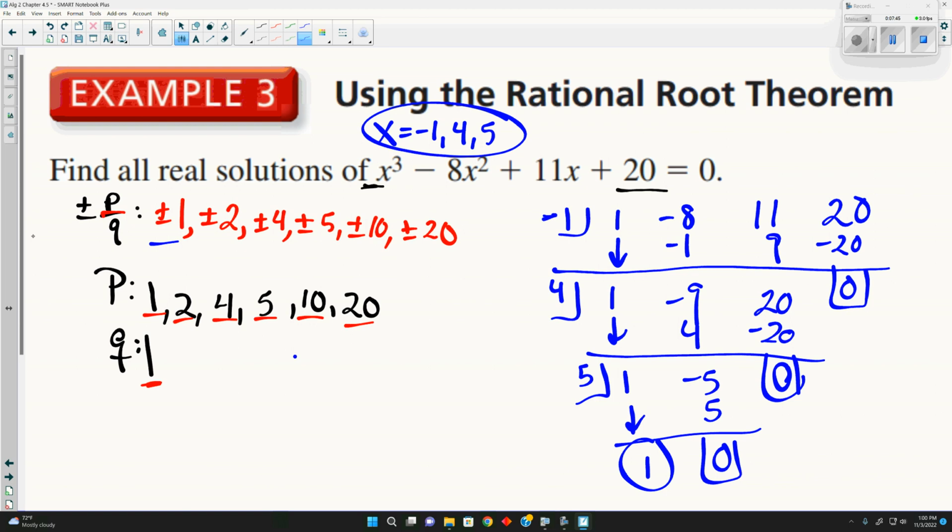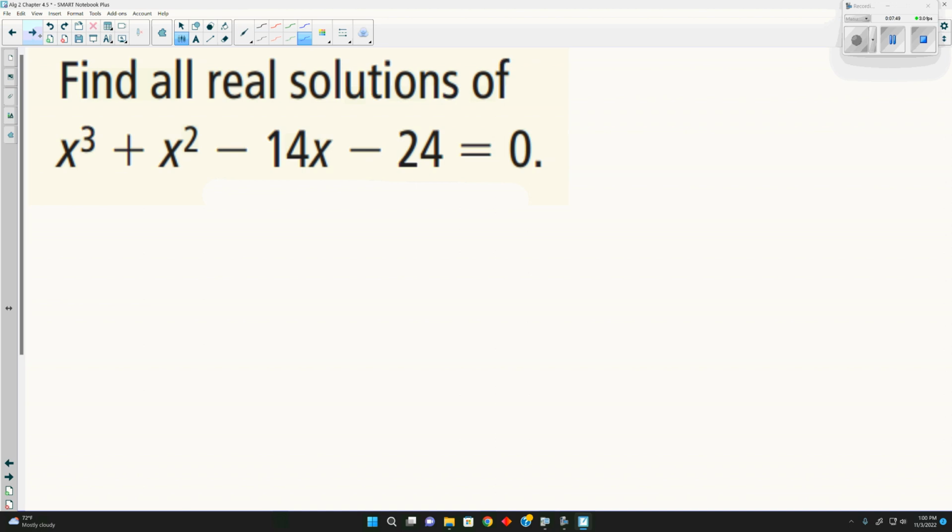Did I really have to do any of the synthetic division? No. The graphing calculator gave us all the answers. Questions on this here? I feel like y'all are getting the hang of this, yes? For the most part. I'm going to skip